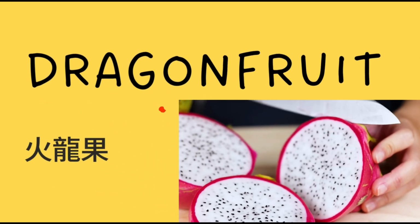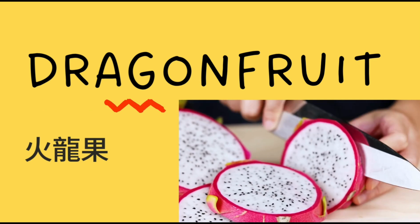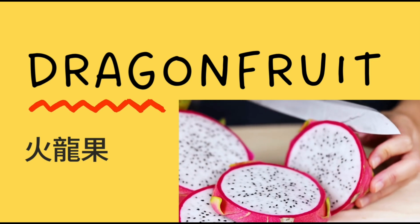Dragonfruit. Dragonfruit, pink outside, white inside with tiny black seeds. 火龙果